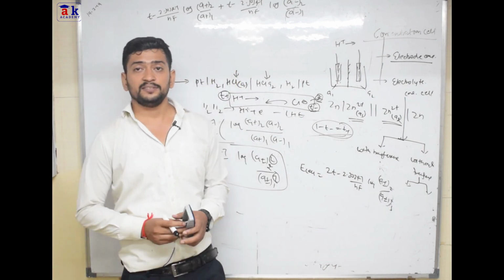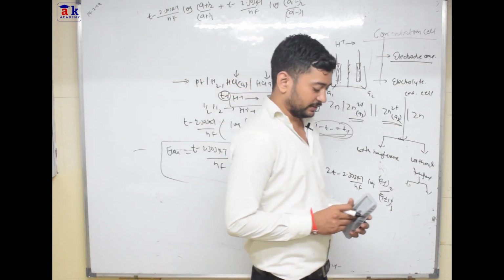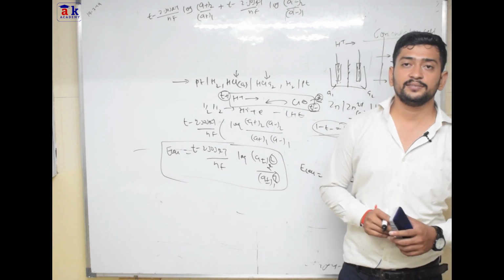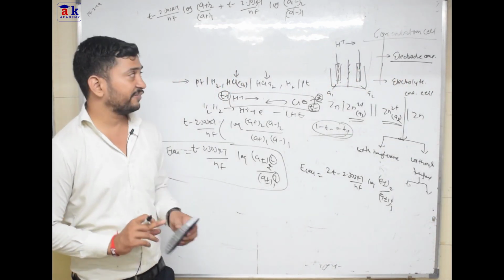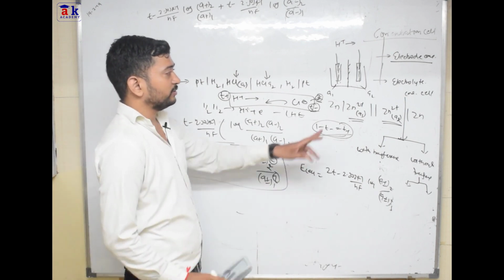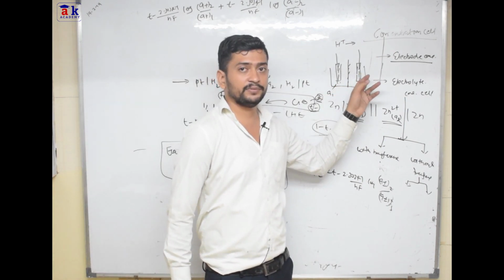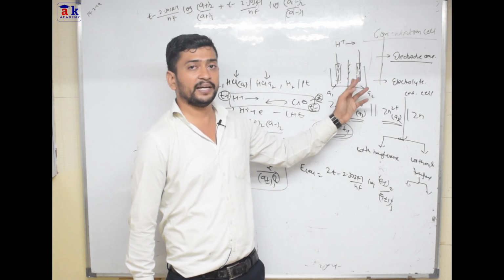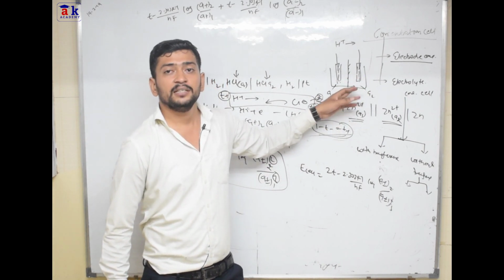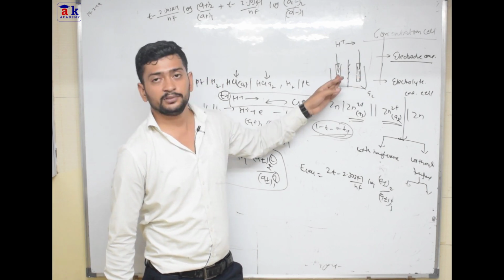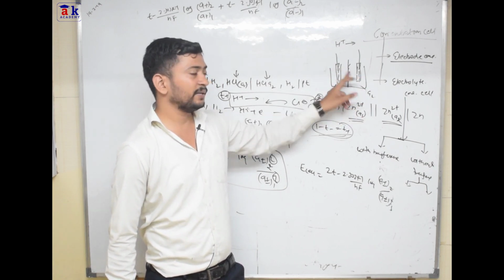Now certain more things need to be discussed over here. We need to discuss the liquid junction potential. What I had told you about the liquid junction potential is, suppose we have one solution of this one and one solution of this one, right? If the ions are free to migrate from this place to this place or this place to this place, in this case the lighter ion will migrate. Suppose the lighter ions are migrating from A2 to A1.